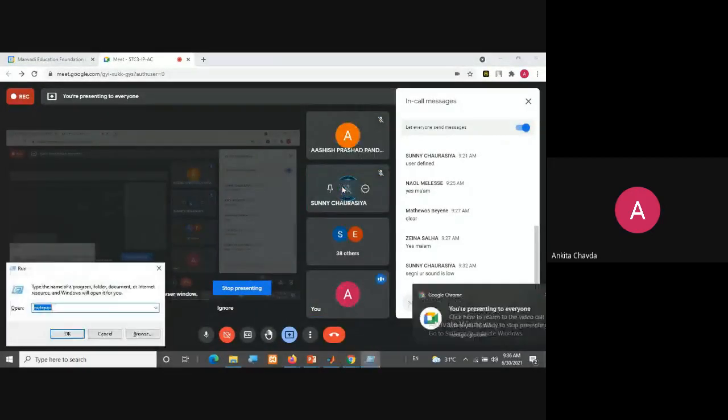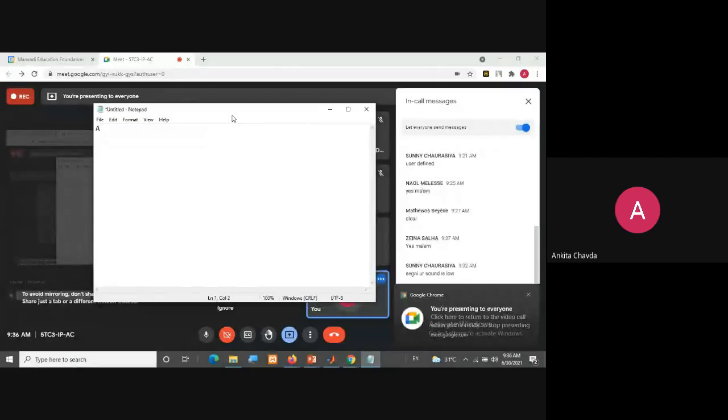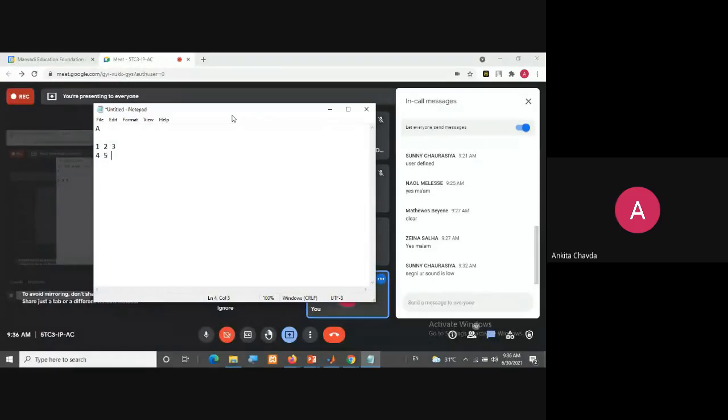Suppose I have a matrix A like this, and I have another matrix which is B. So how can I do the multiplication? 1 with this 2, then this 2 with this 4, then this 3 with this 7, and so on.